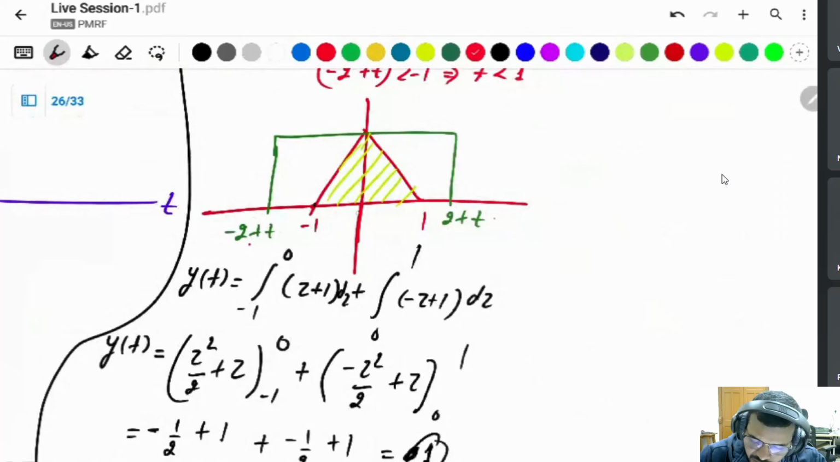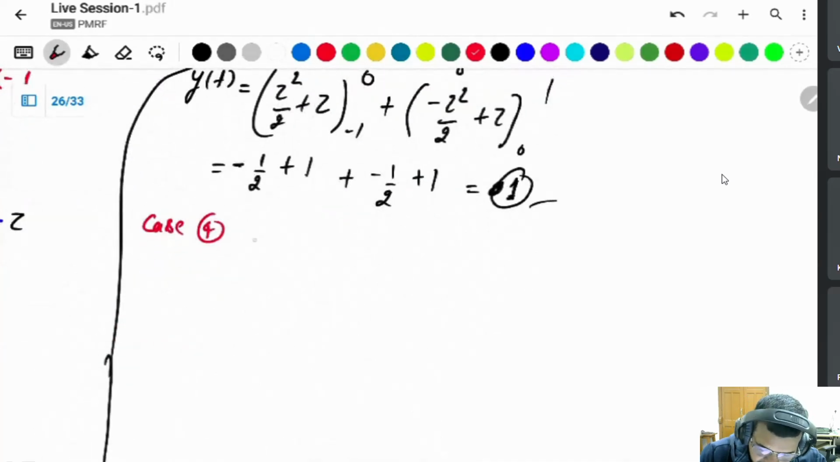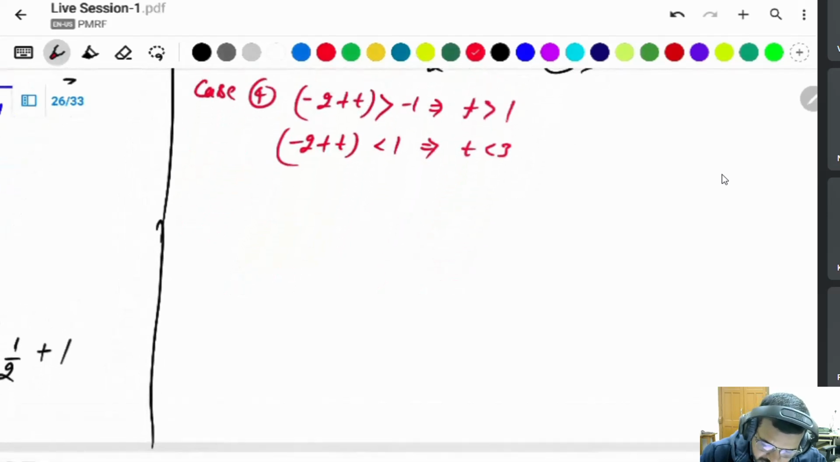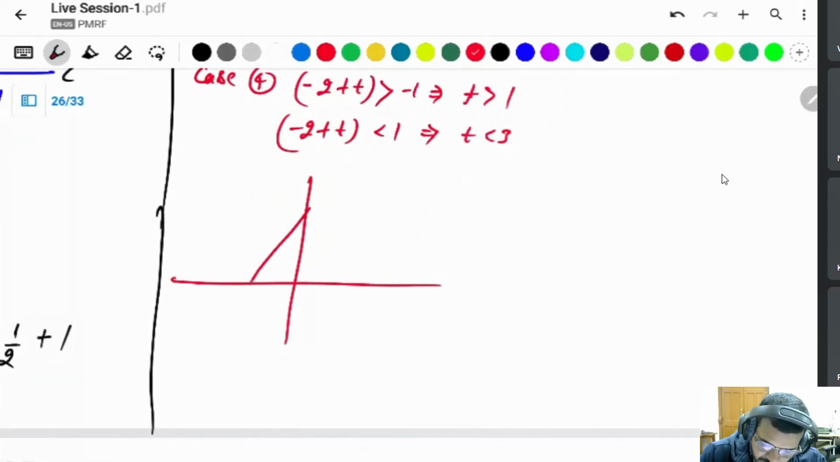This will be a cross of this one, but minus 2 plus t is greater than minus 1 but less than 1. Minus 2 plus t is greater than minus 1, then t will be greater than 1. Minus 2 plus t less than 1, that is why t is less than 3. In this condition, overlapping happening like that, minus 1 to 1,